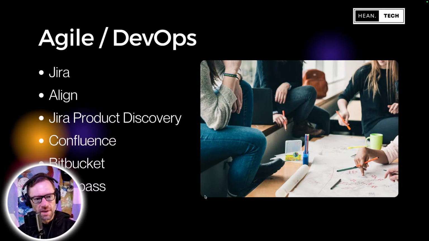So in this product category, we've got things like Jira, what they used to call Jira Software. We have Jira Align, Product Discovery, Confluence, Bitbucket, and Compass. I have never used Bitbucket or Compass. I'm not a developer, and I haven't worked in environments that happen to use them. And I haven't really used Jira Product Discovery or Align. So I only use the two big names in here, Jira and Confluence. But all of these things together comprise that product category that you might be using if you are an agile shop or if you use developer operations.